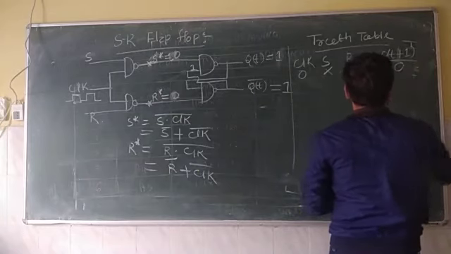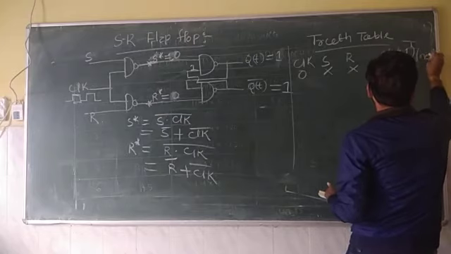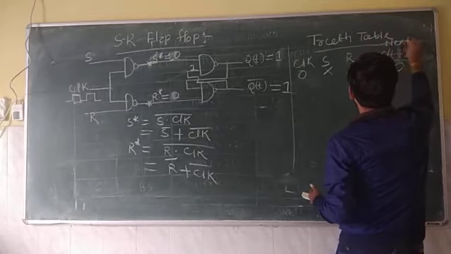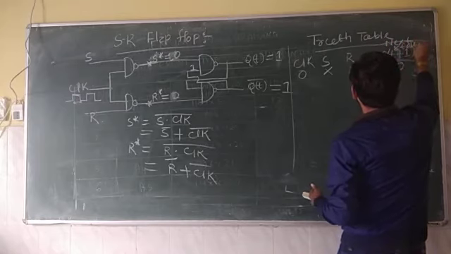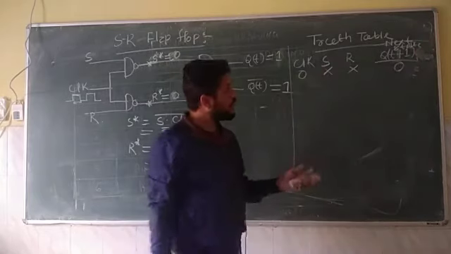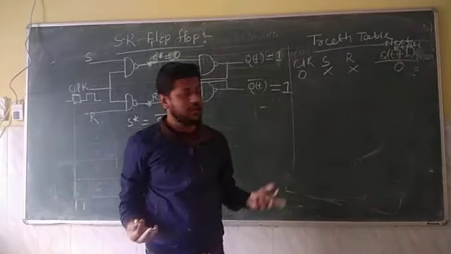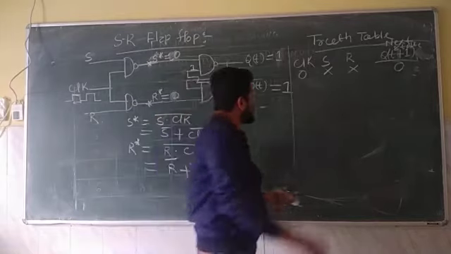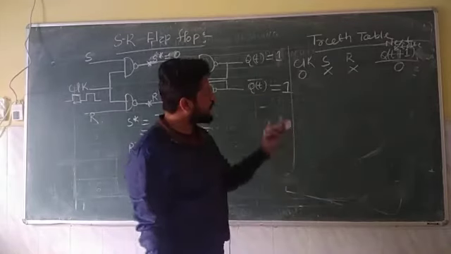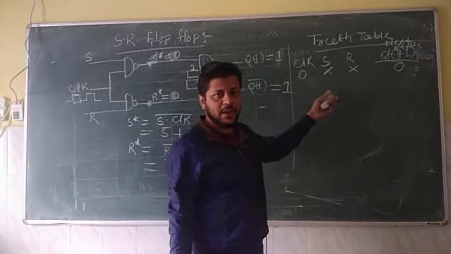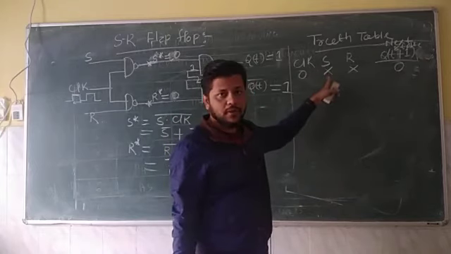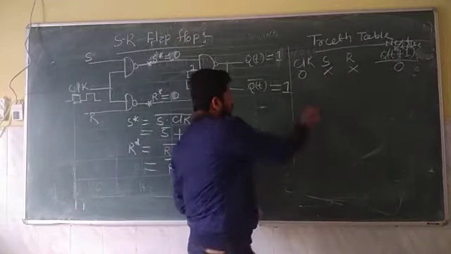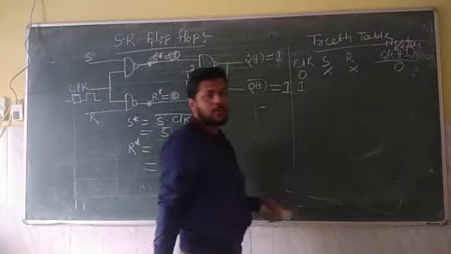This is your next state. Qt plus 1. Qt is the present state and Qt plus 1 is the next state. That means after one clock pulse is applied. So here this clock pulse is not applied. So Qt, whatever may be the input, I am taking here don't care condition. You remember this from K-map. Cross means either 1 or 0. Then when this clock is high, now this flip flop is going to respond.